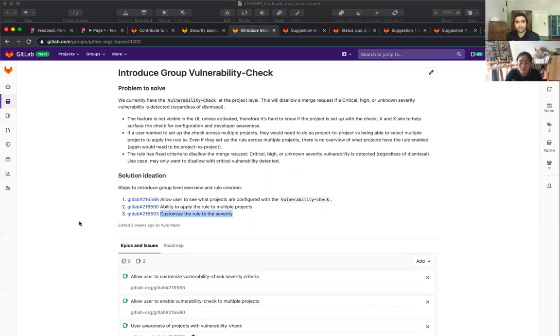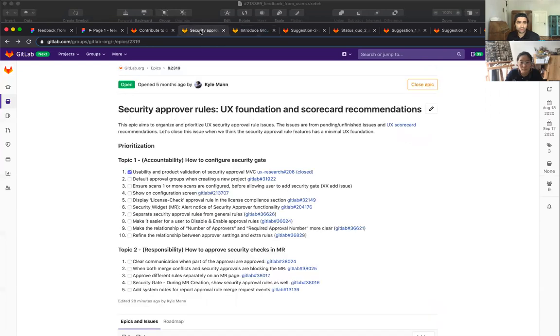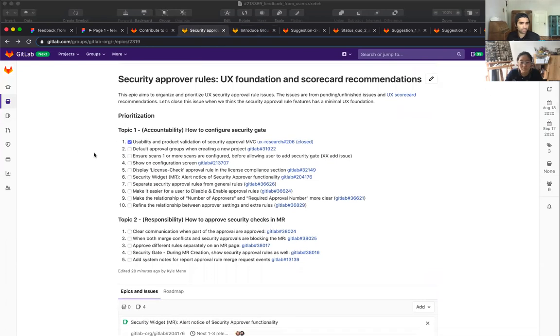So the vulnerability check is a hard, fast rule for high, critical, and unknown. But what if I only want to disallow merge requests if critical vulnerabilities were found? And that would be the only rule, or different variations of that. And so that's what this is looking at. So given where we're at now, it would probably be really helpful to have feedback on what's the general approach that we want to do? Do we want to invest in the project? Do we want to invest in the group